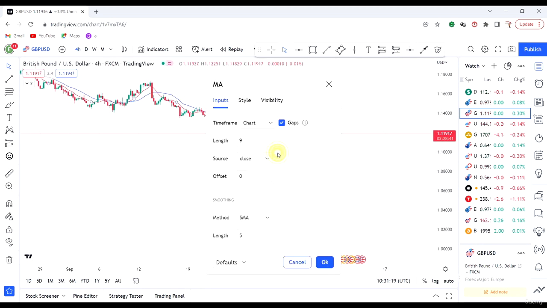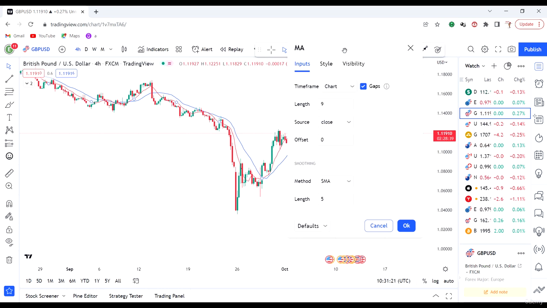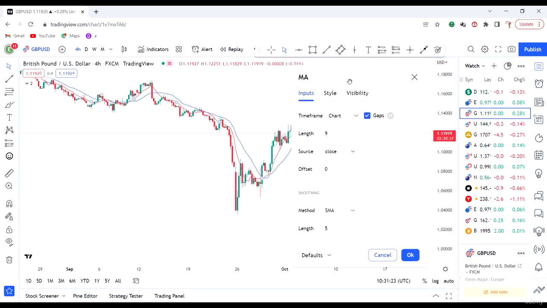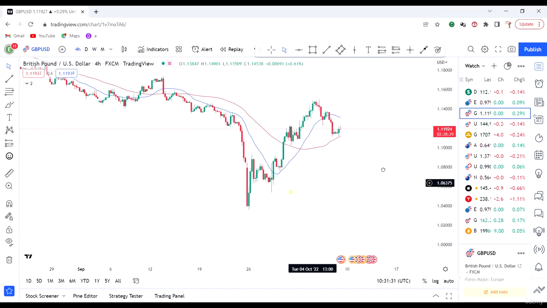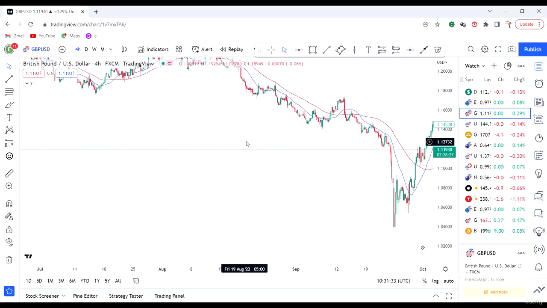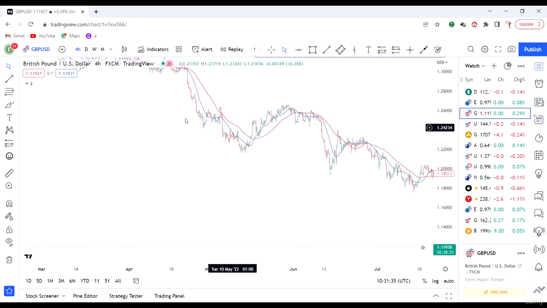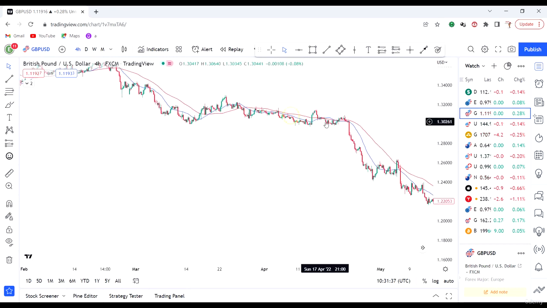Now, how do we use these moving averages to trade? How do we use them to trade? So let's just turn this 9 period to 50 period moving average, okay? So when we make it 50 period, we tend to see that it expands more, okay? So the way you typically trade with the moving average is